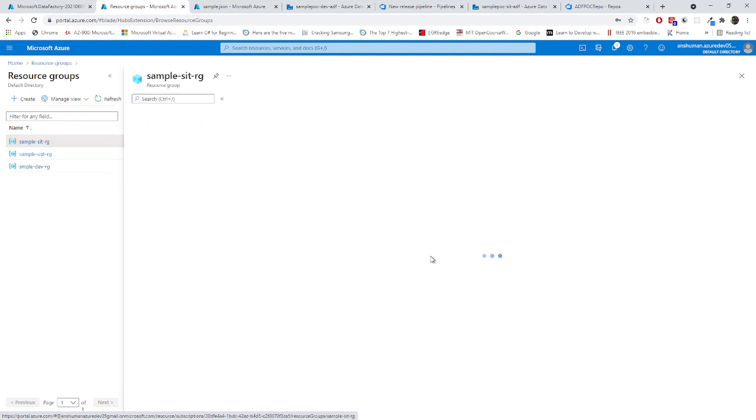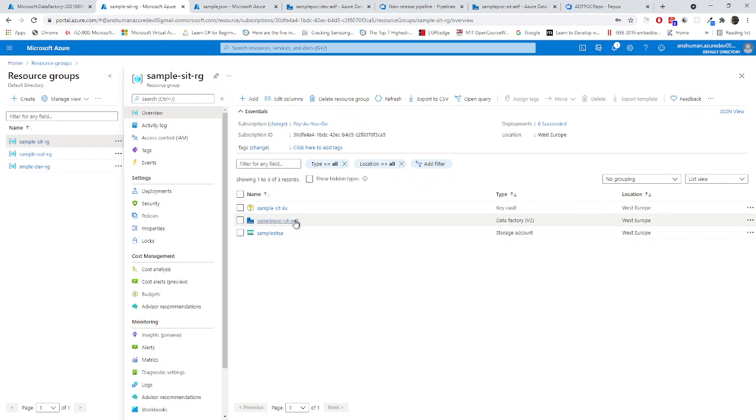So I have already created two ADFs over there. This one is the ADF, and in UAT also a similar type of environment has been created. All the connection strings have been stored inside Azure Key Vault from the blob storage. So the SIT level pipelines will access those things from the Key Vault directly. We will have a central repository for all the secrets. In the same way, UAT has also been done.